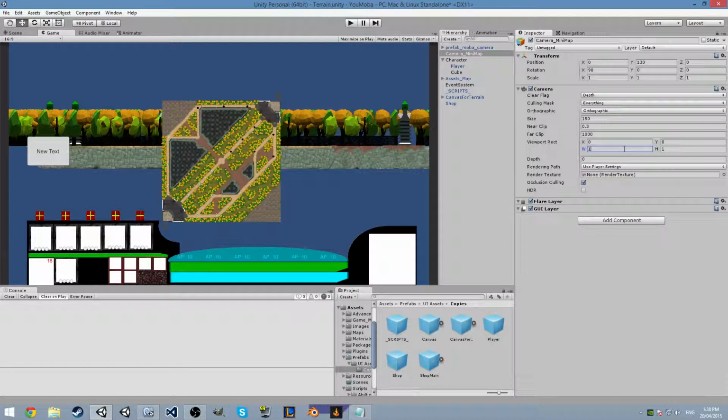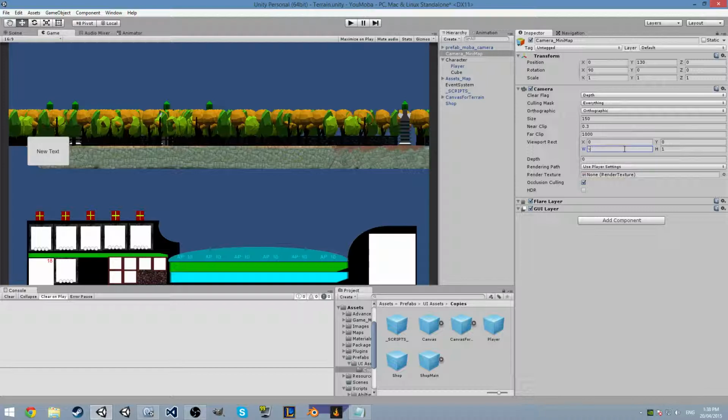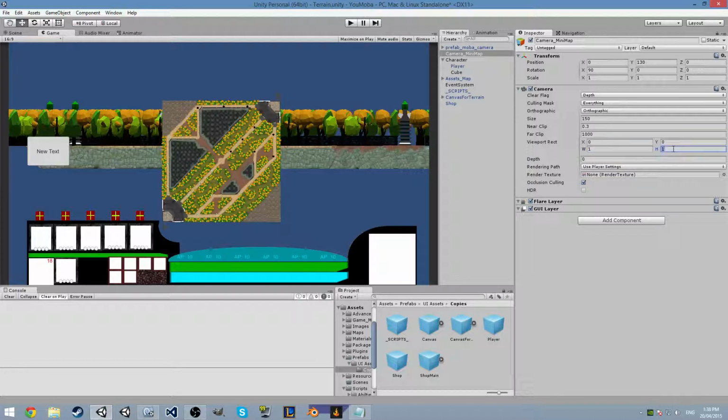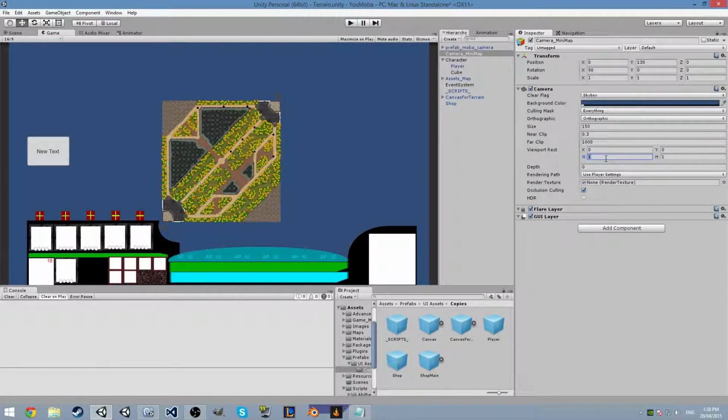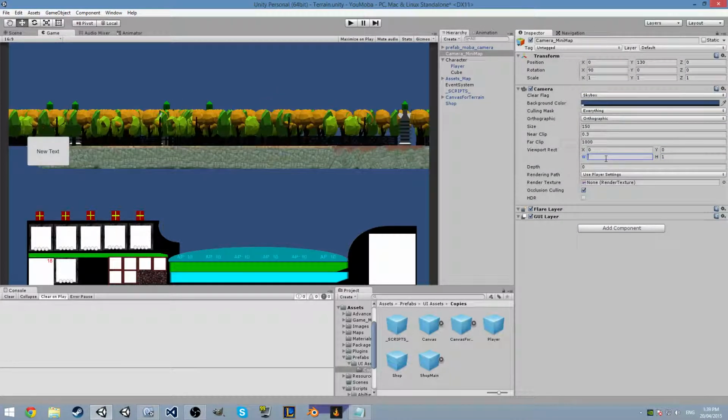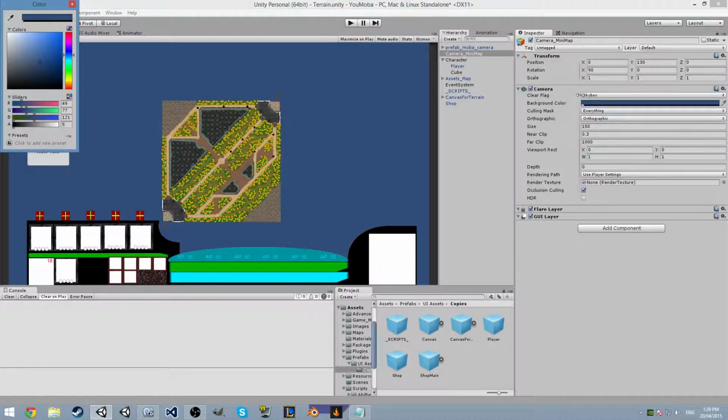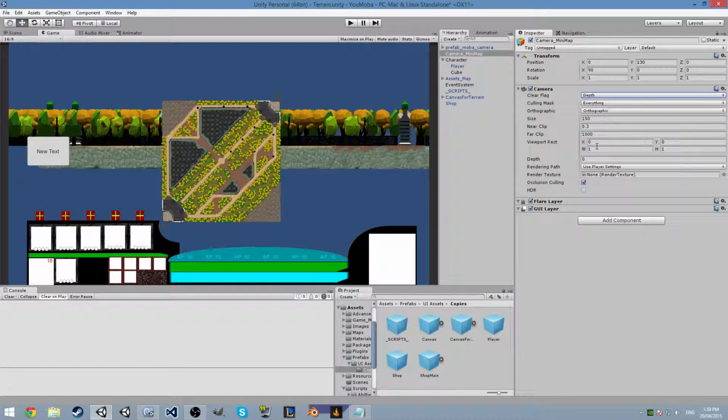I rarely change it, I want to say. I don't remember ever really changing it. You do sometimes want to change it if you've got borders. If you're using skybox, it does matter, I believe. No, it doesn't matter. Okay, I know there are some circumstances where it matters, but